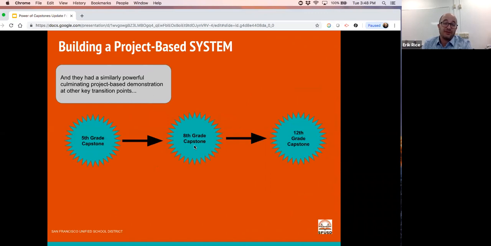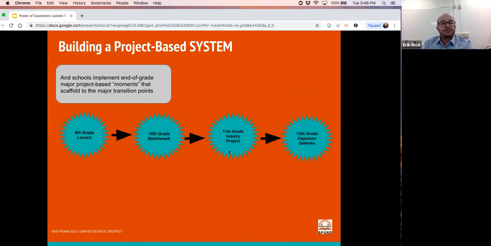So we right now have 3 or 4 of our middle schools that are designing out their first 8th grade capstones. What if in the high school, we are rallying around this 12th grade capstone, and that pushes the other end of grade level final moments in their system? And so this happened at John O'Connell High School, which is a wall-to-wall pathways school. Every senior, every junior is in a pathway. So they've got their capstone senior defense, which you saw some highlights from the video from the Health Academy,